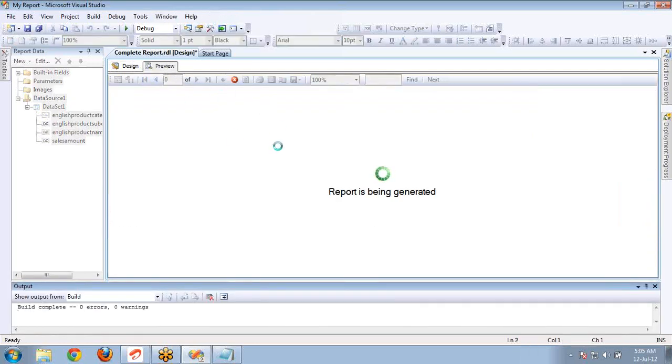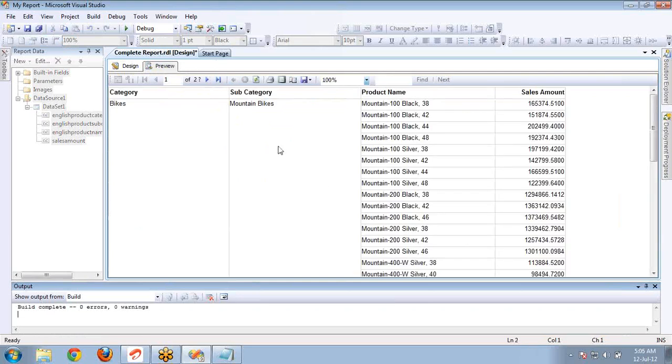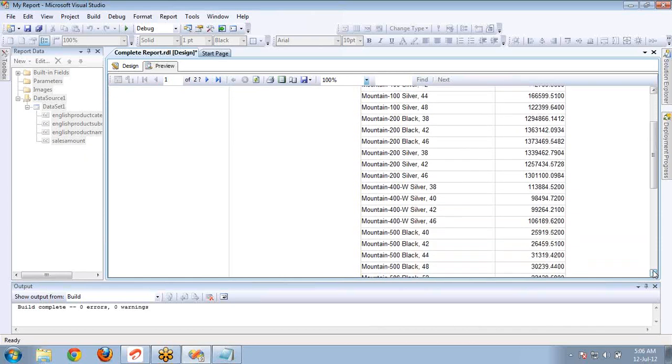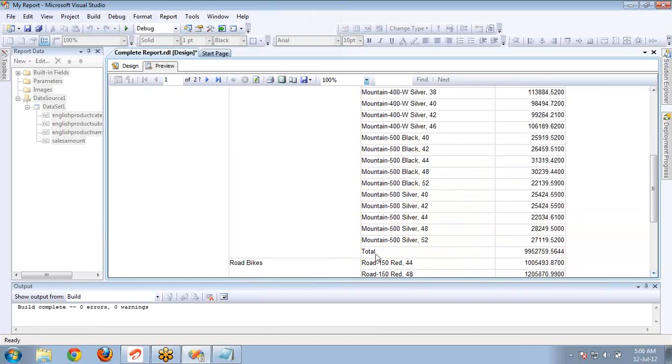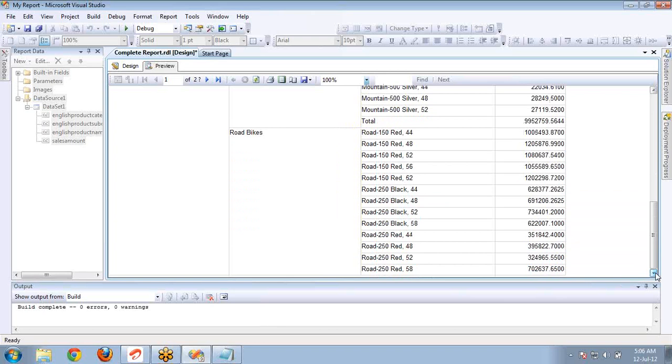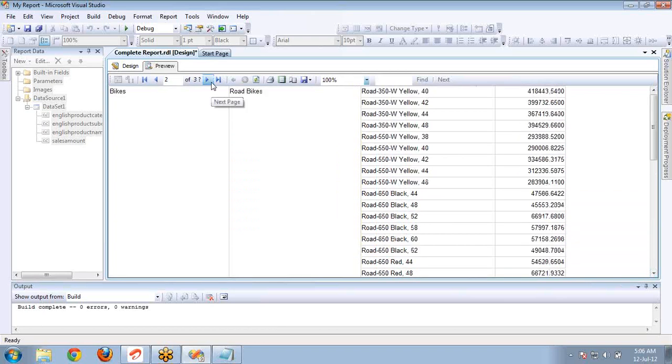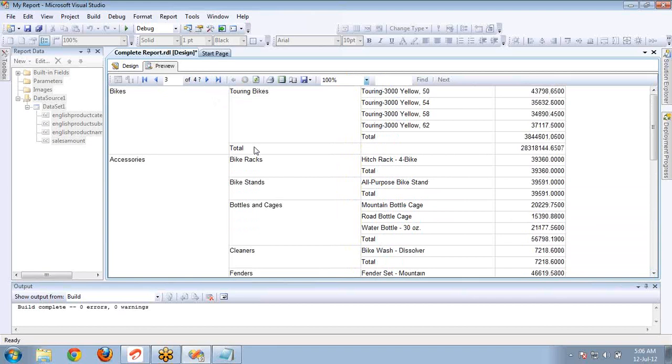Now let's see how the totals will be displayed. This is the product wise. It will take all the product sum of a particular subcategory. And next one, it will give at the category level, and then overall. See, this is the category level, subcategory level, and this is the product that belongs to a particular category, and this is the category total, sorry, subcategory level that belongs to a particular category, and finally at the end all the categories total will be displayed